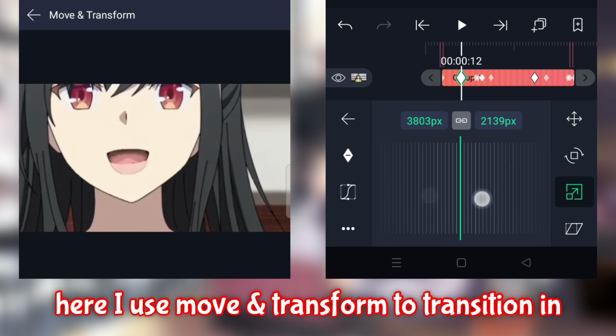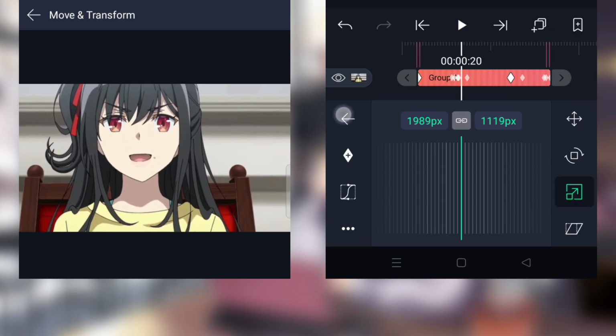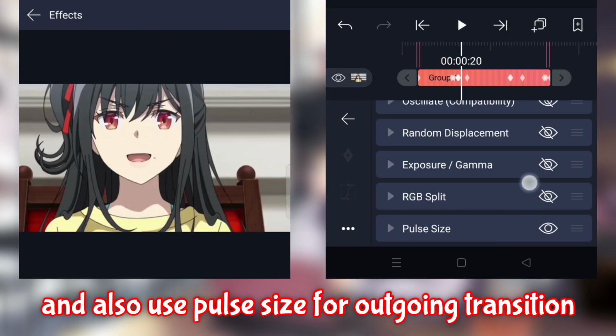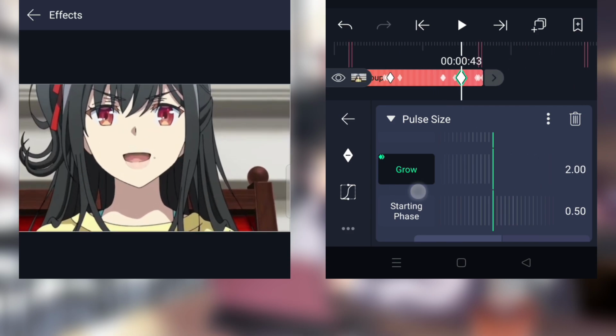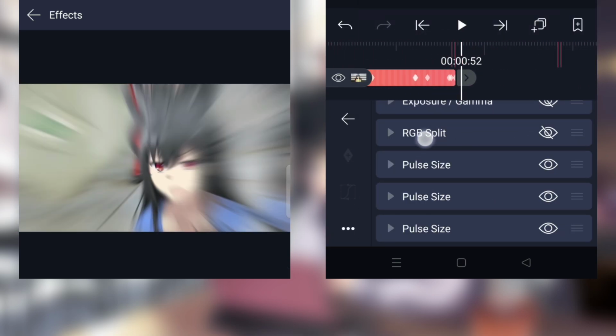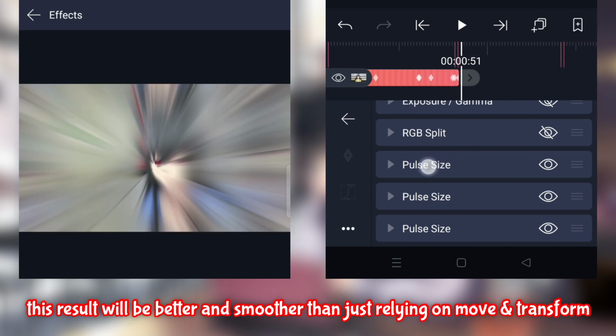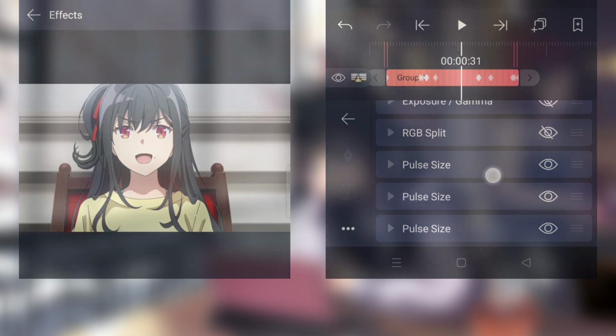Here, I use move and transform to transition in, and also use pulse size for the outgoing transition. This result will be better and smoother than just relying on move and transform.